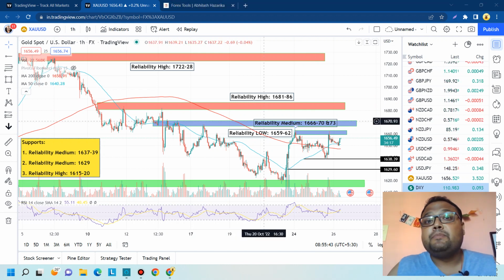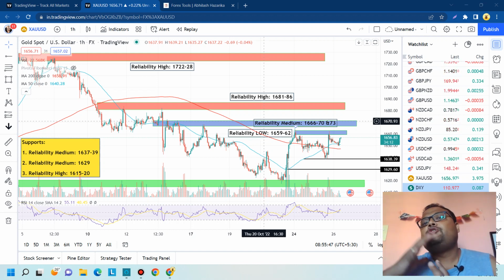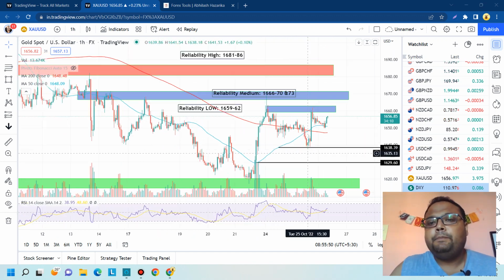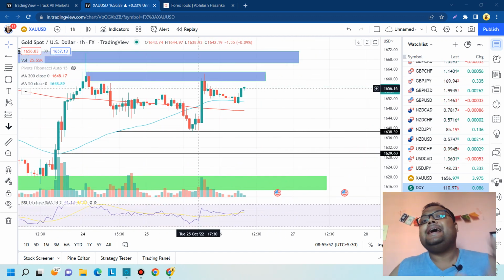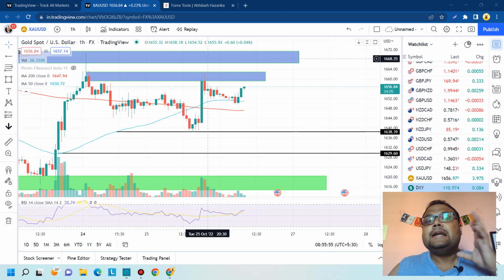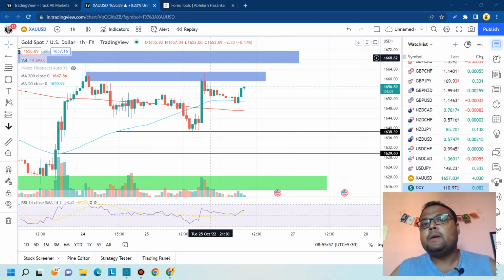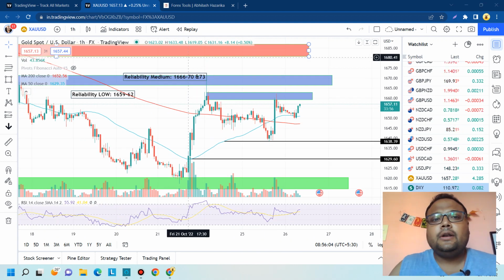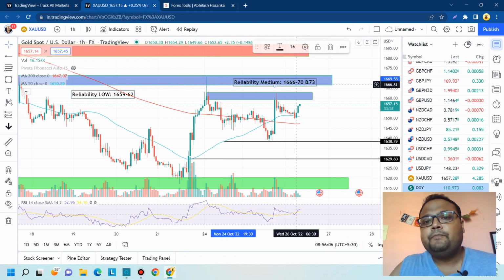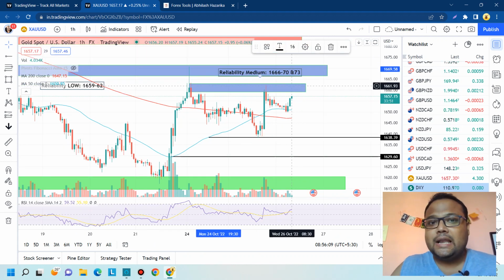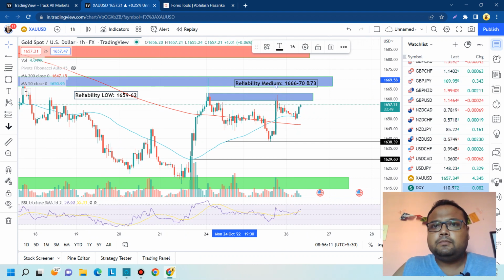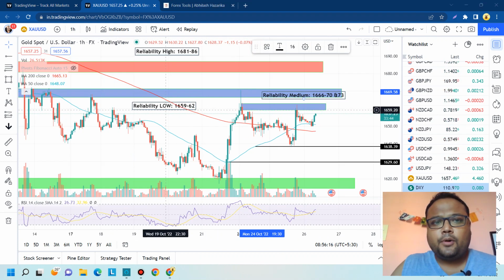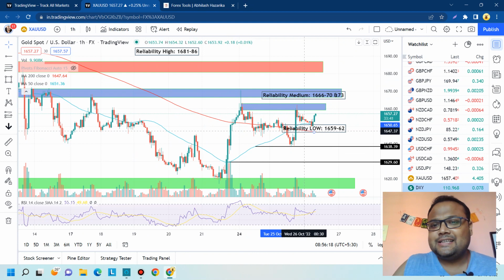and the reliability is medium, it's not very high. So as a result, if the market is extremely volatile, if you see a sudden big green candle like this, then do not expect the market to reverse, because this level does not have the strength potential to reverse the market. So if the volatility remains normal, then only you can expect the market to reverse from the 1667 level. Okay, and the next important or not so important resistance is